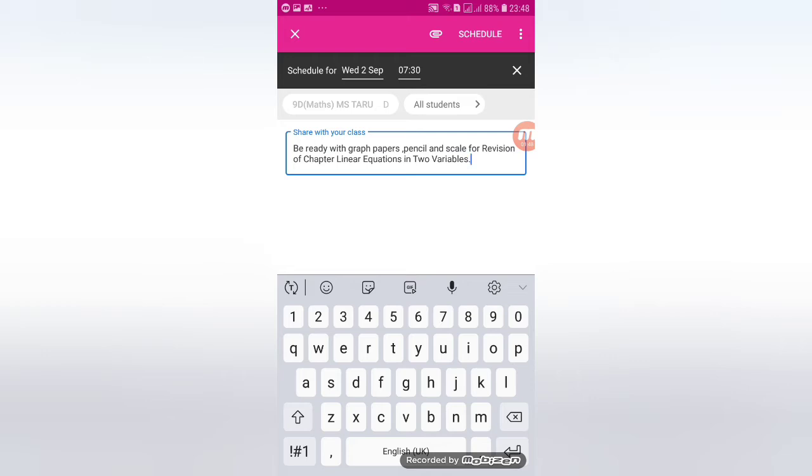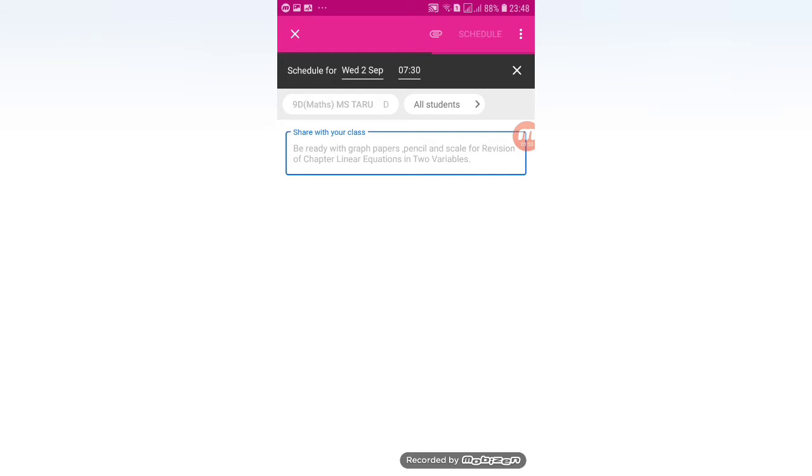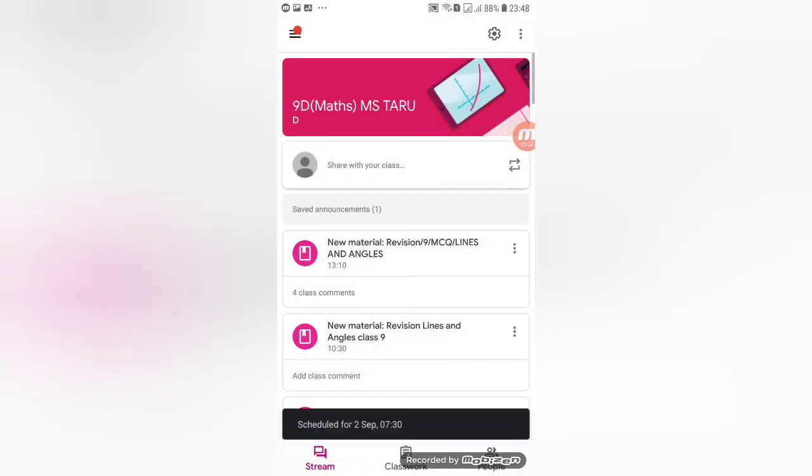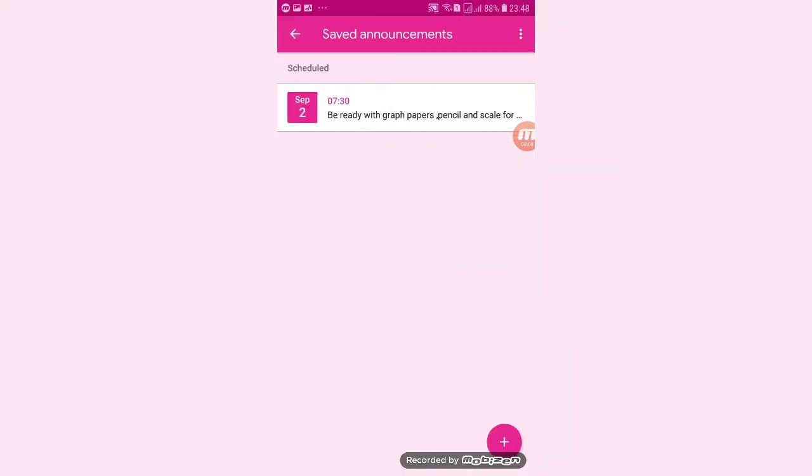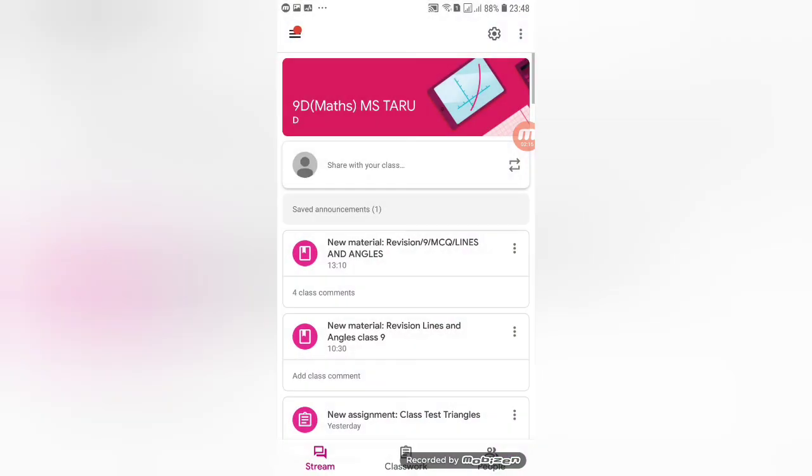I will press schedule so that I can save it. Now this announcement is there for 2nd September, and you can see it is saved. I can click on it, and it shows that it is scheduled at 7:30 on September 2, and it will automatically open in the morning.